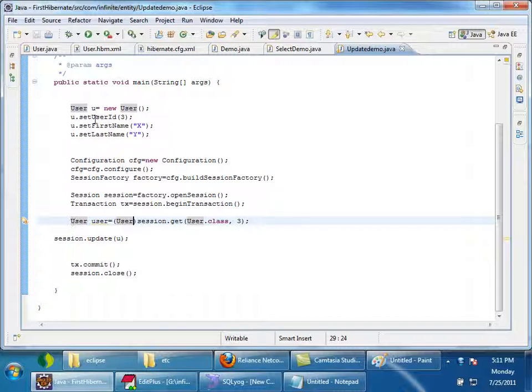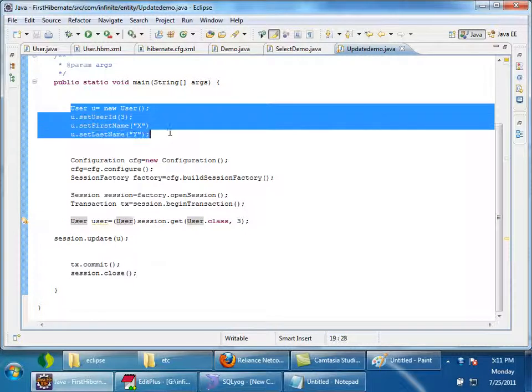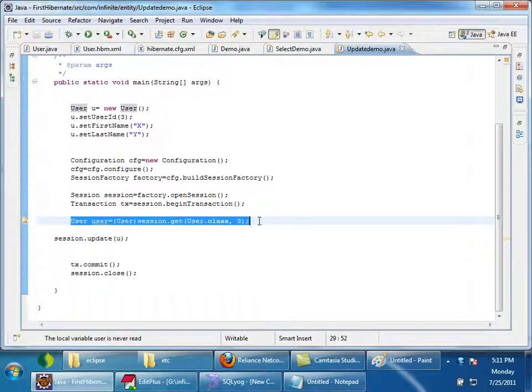See, this user object is different, right? Once I say session.get, this will fire a select query, or not? It will create a user object with ID 3 and that will be in the persistence context. It will be in persistent state.